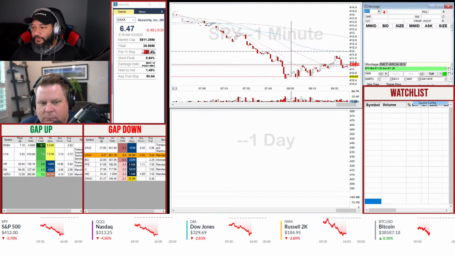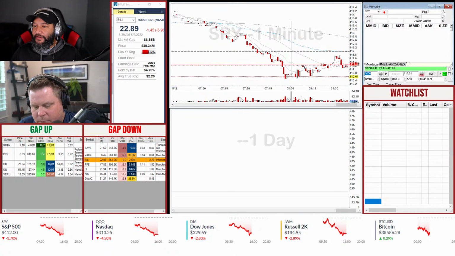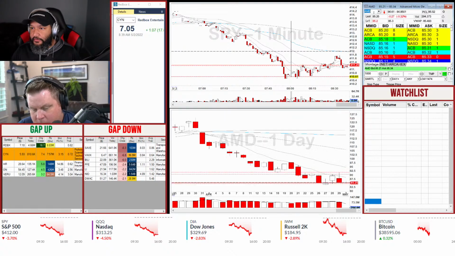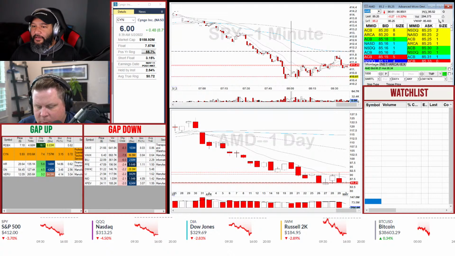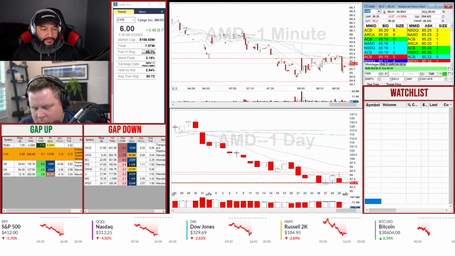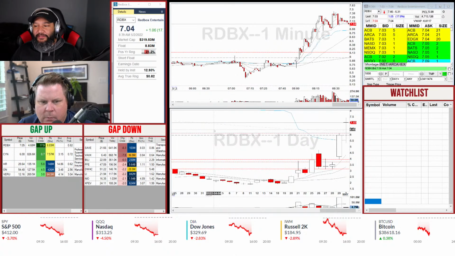Let's hide our account information. You know what? No, we'll leave it for now. All right, what am I doing here? Linking our bottom charts. Is that linking or what? Why is it not linking? AMD. Oh, that's my bad. It's the top one that's not linked. There we go. Now that's linked. Perfect.